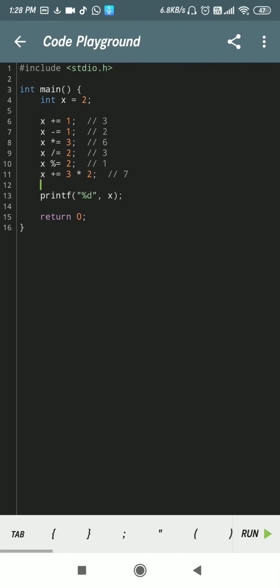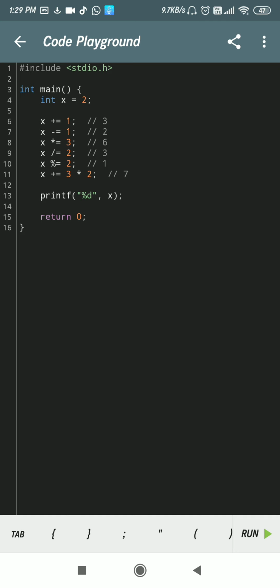After that it says x minus 1, the latest value I have inside the x is 3. Now 3 minus 1 is 2. Now the latest value I have is 2. After that the operation is changed, 2 multiplied by 3, then the value of the x is changed again, the value is 6. So now this 6 is divided by the 2, so 2 3 is 6, we have the quotient value, the 3. So the latest value inside the memory of x is 3. So 3 modulo 2, which means the remainder is 1.